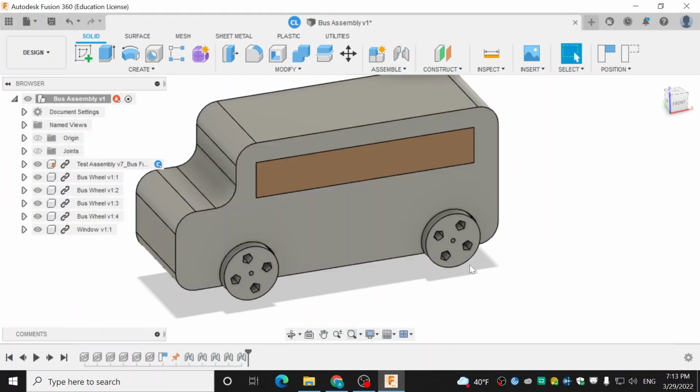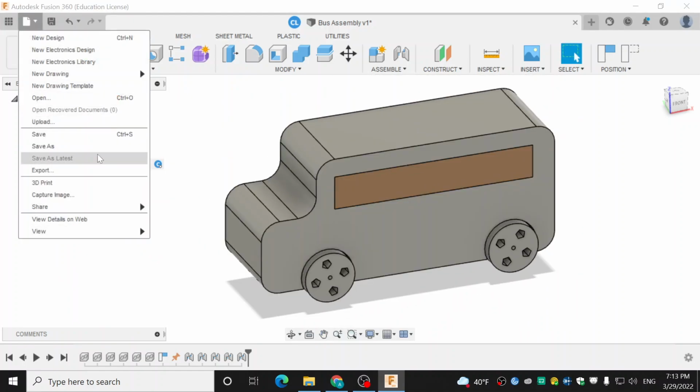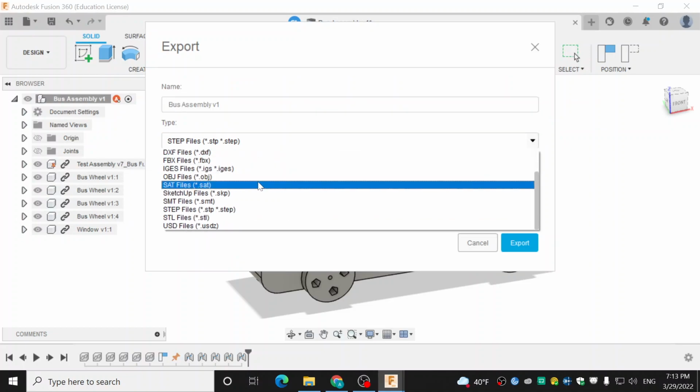So if you wanted to print this, would you have to send the assembly and the part files? You do not print assemblies. You always print the individual parts and then you put them together yourself afterwards. But you can print assemblies, you just file export. Well, you wouldn't print this assembly, but like you said, like the Dragon, if you're gonna do that, you do file export as STL for the whole thing, but